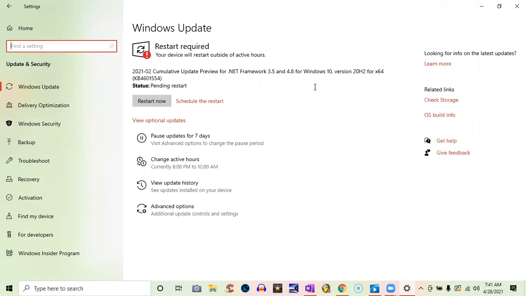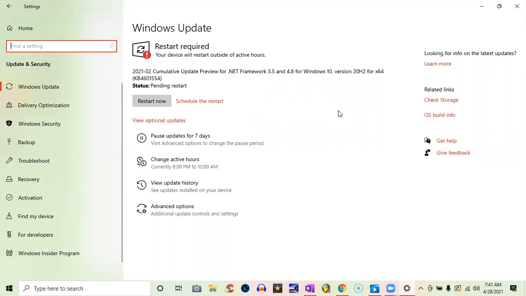Okay, so right now my computer is acting slow because it will do that sometimes if you need to install updates. So that's why it's always a good rule to check to see if you need any. I actually installed these last night, but I wanted to keep this up here just so that I could show you guys. But as you see, a restart is required for me because I have this one update that needs